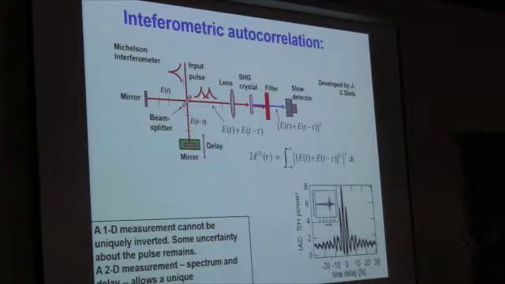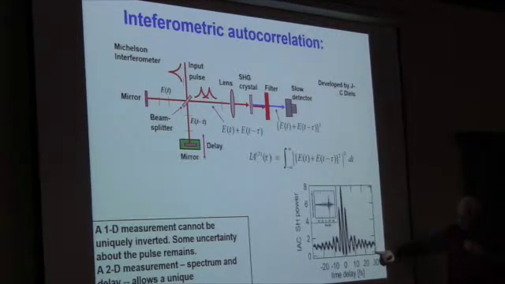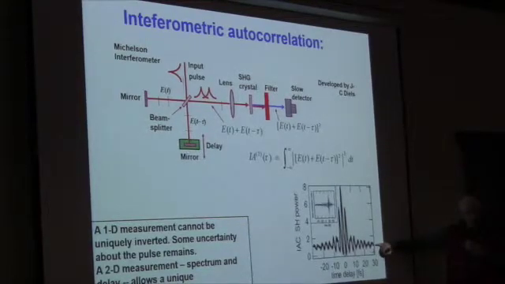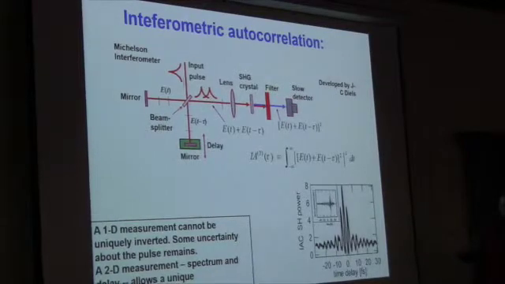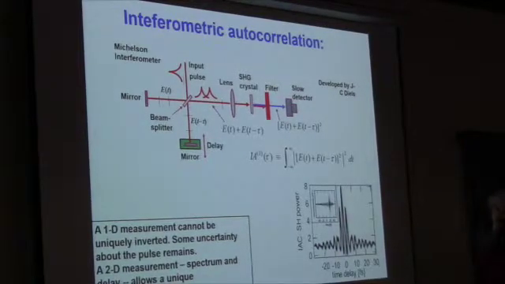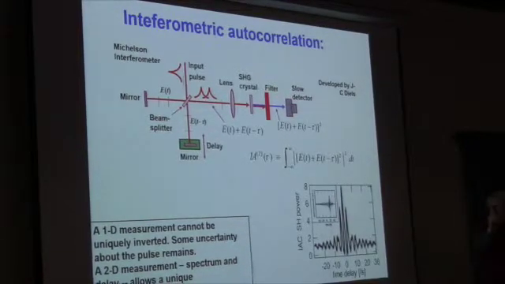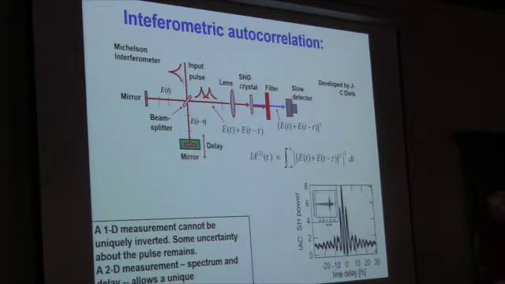If the beams are separated, each beam will come through a second harmonic crystal and create its own second harmonic. So there will always be a background. You can see it here. There's 0, there's 1. This is representing the background. One beam creating its own second harmonic, the second beam creating its own second harmonic, but not influencing the others any more than the